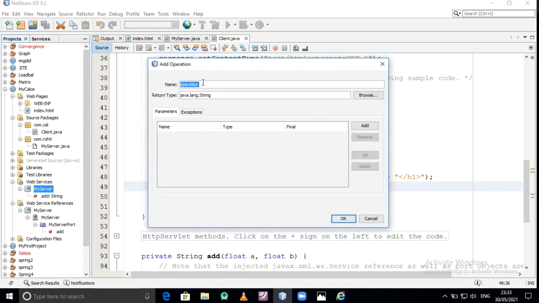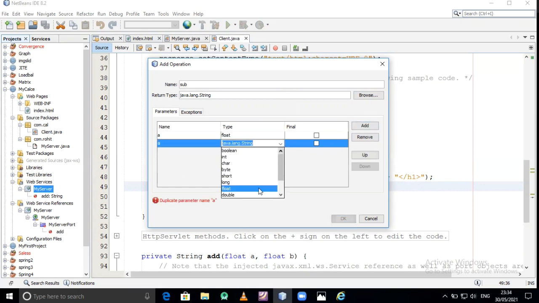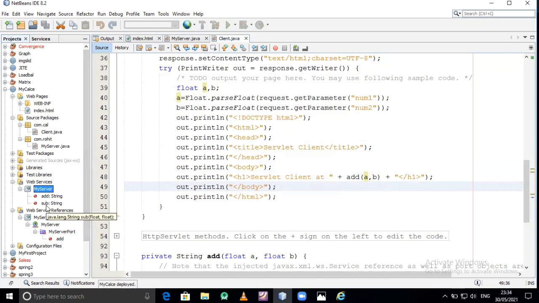Second is nothing but sub, that is for the subtract. The variable is the same, a, and having float as a data type. Second variable again a, it is having float as a data type. Okay, same variable name is not allowed. Press OK. Second function is created. Next, third function,